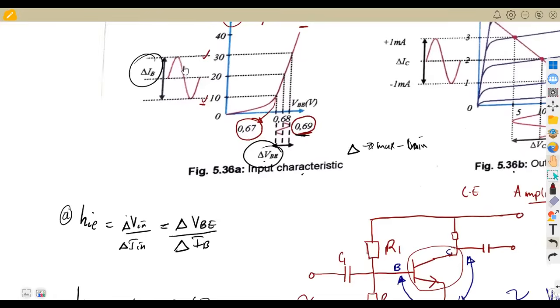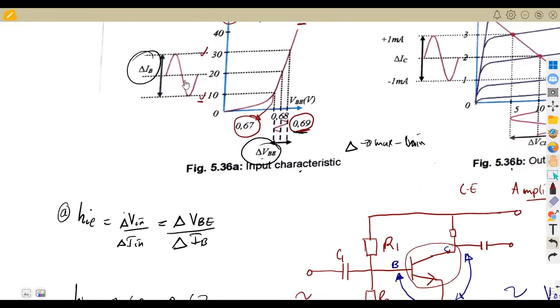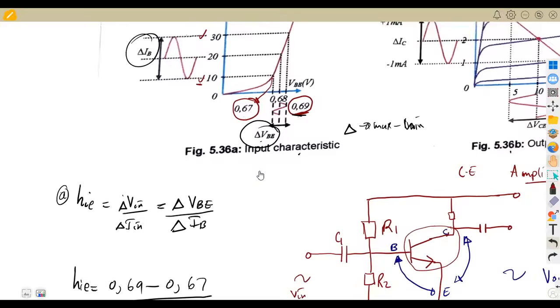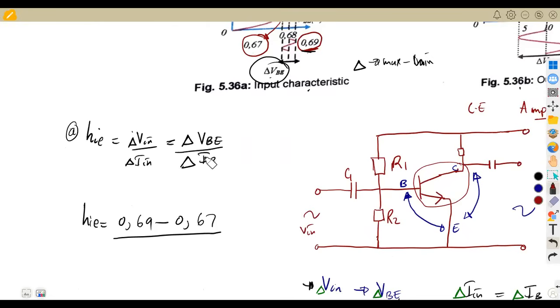So maximum current here on this sinusoidal function, the maximum was taken from what? 30, minimum 10. So that's 30 minus 10 for the change in the base current, which is at the input. Take note in microamps. So it's going to be 30 minus 10 in microamps times 10 to the exponent of -6. So that was going to give us the input